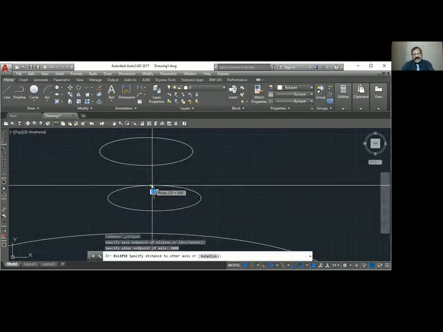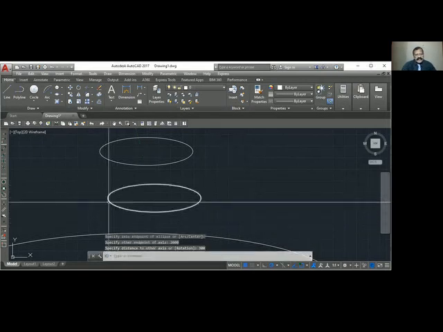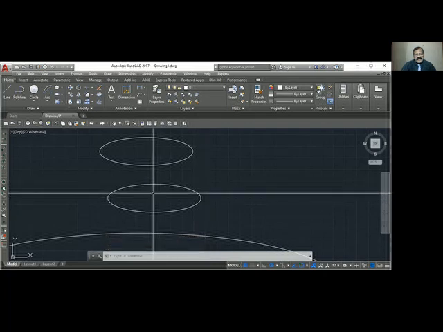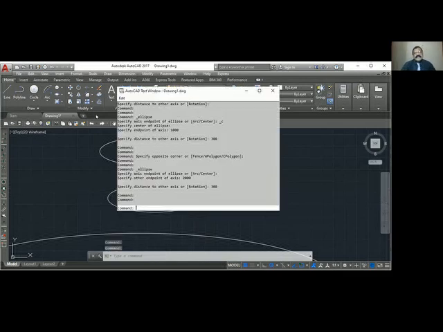We have shown the first point, the second point and the other axis distance. So that is the second method. Control F2. Ellipse. Axis, then point, other point, and distance to other axis.